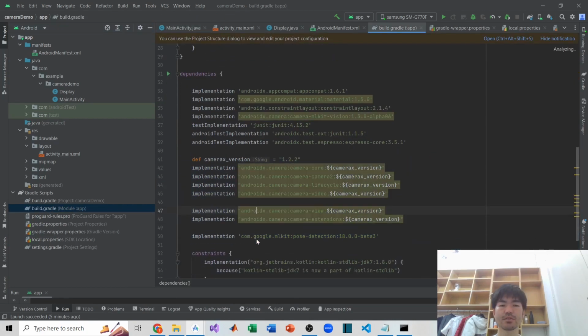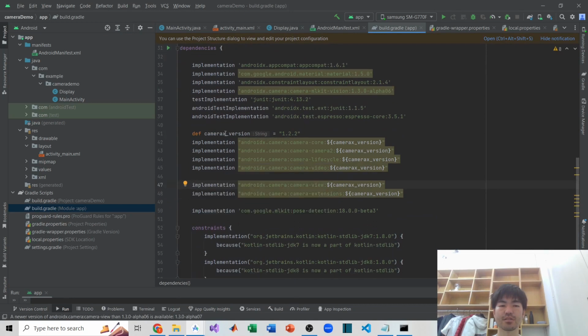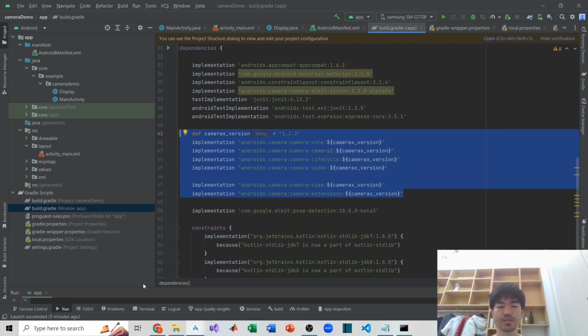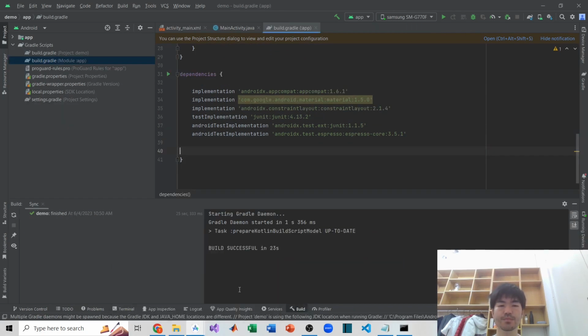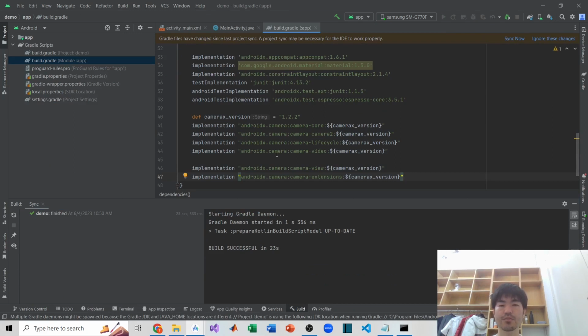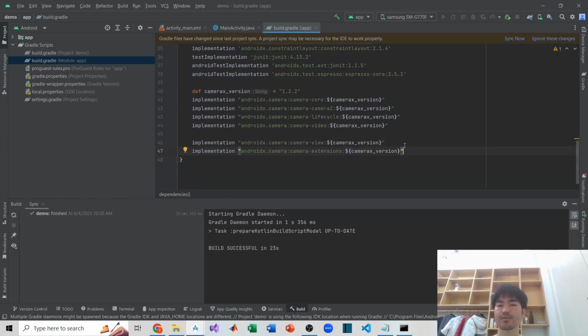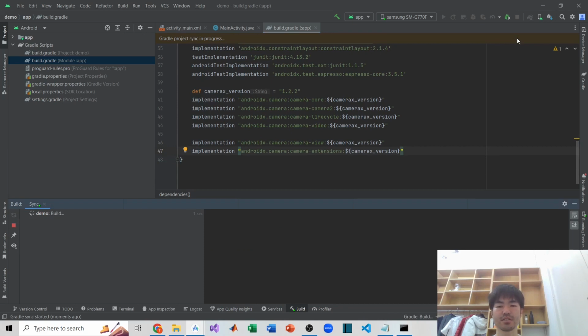So basically what you need is these dependencies, the CameraX dependencies, which are right here. All you need is CameraX core, Camera2, the lifecycle, and video, and also the view and the camera extensions right here. And if I sync this,